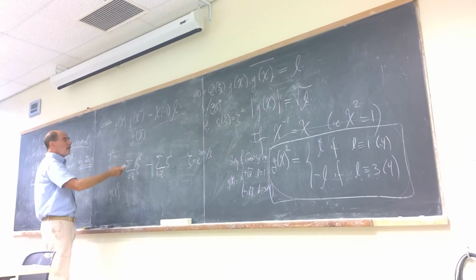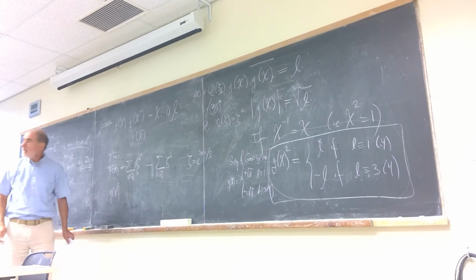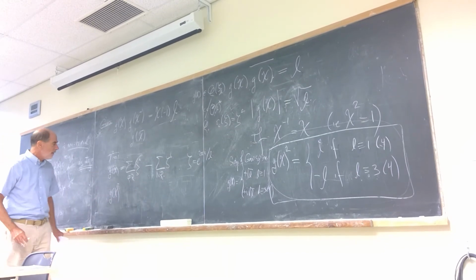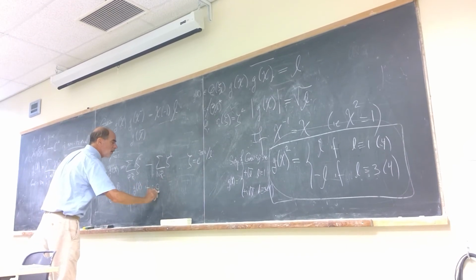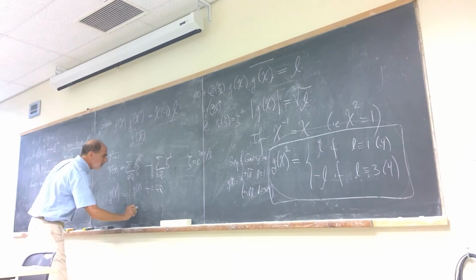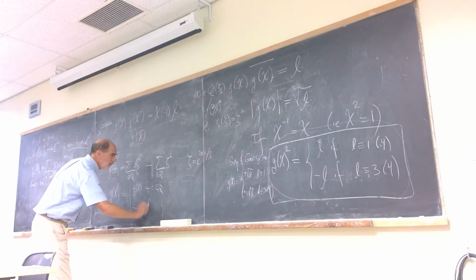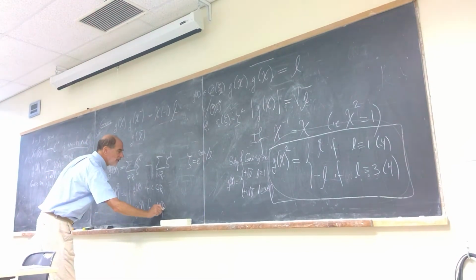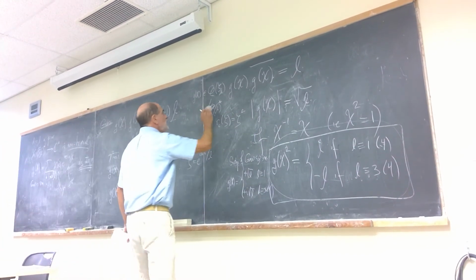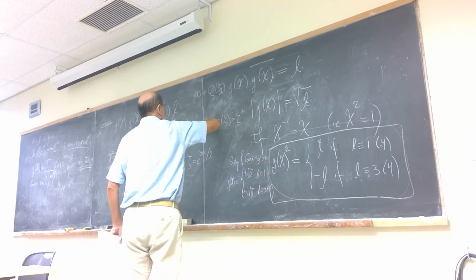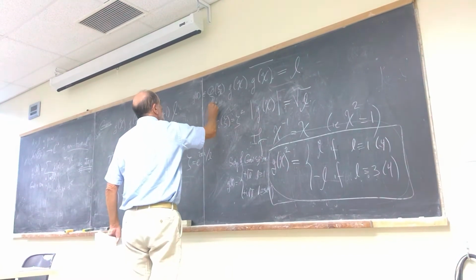Well, if it's a quadratic residue, I get the same sum. It's just that I'm ordering the terms differently, and I get the same sum. So this is equal to G chi if C is a quadratic residue, and it's equal to minus G chi if C is a non-residue. Okay? So over this subgroup, which is of index 2 in Z mod L star, I have some subgroup of which are the squares,